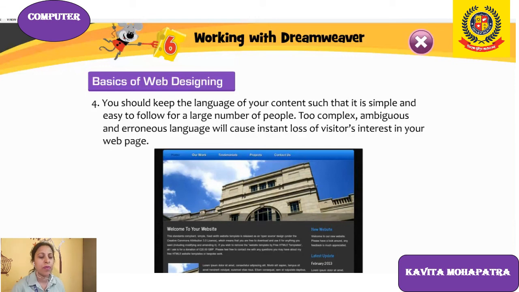Suppose in a web page you have given lots of images and complex things, and lots of errors in a website or web page. The visitor who visits the web page will not visit your website again. So you should keep the language of your content